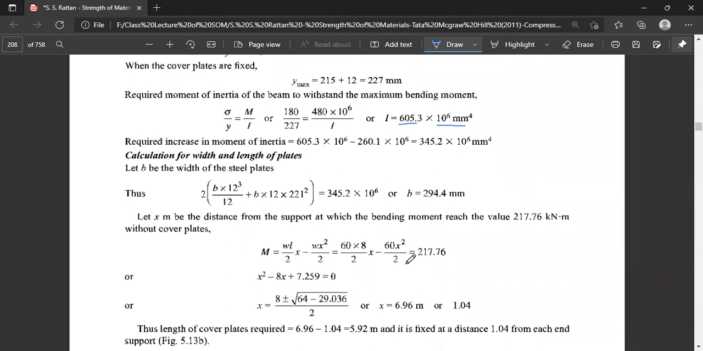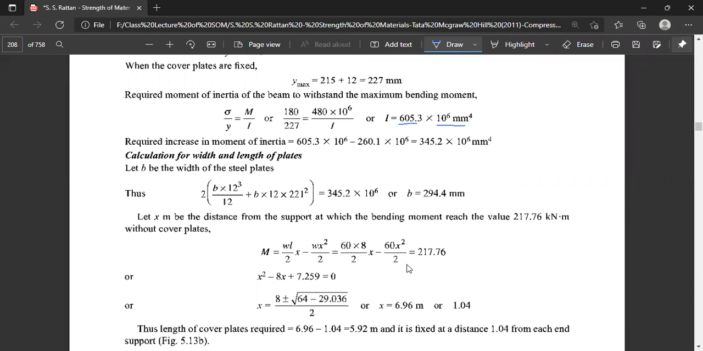So this becomes the moment of inertia, and it is multiplied by 2 for both sides of the center of the section. So this plus this is 2 times B multiplied by 12 to the power 3 divided by 12, plus B into 12 into 221 square. So that is equal to 345.2 into 10 to the power 6, or B is equal to 294.4 millimeter. So thus we got the width of the plate,